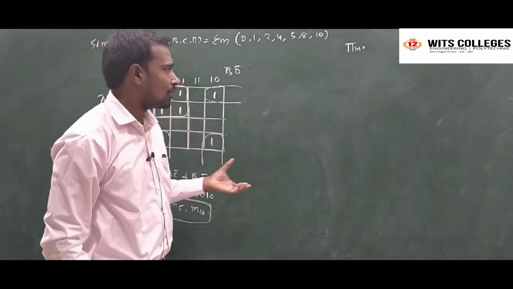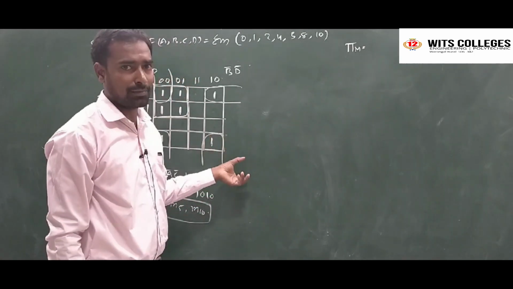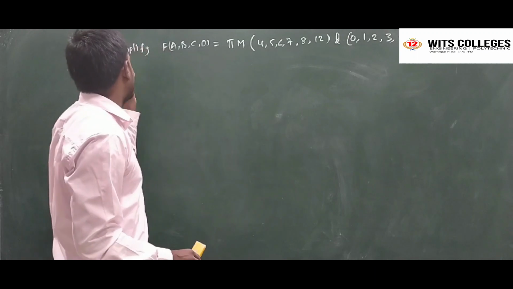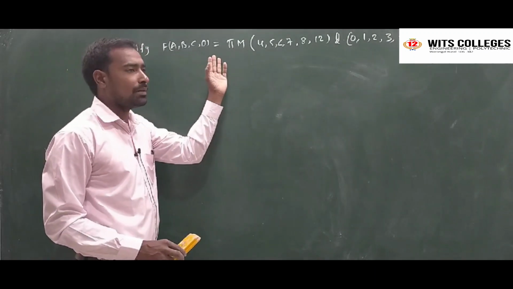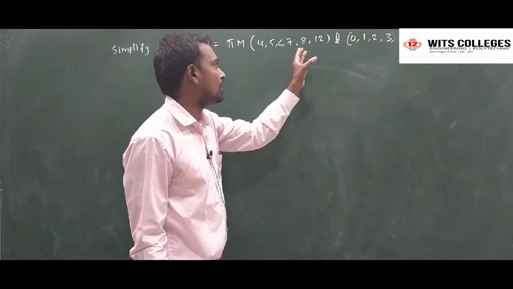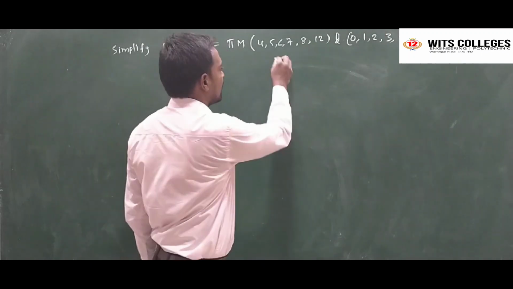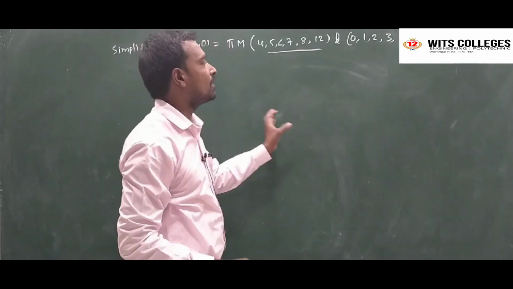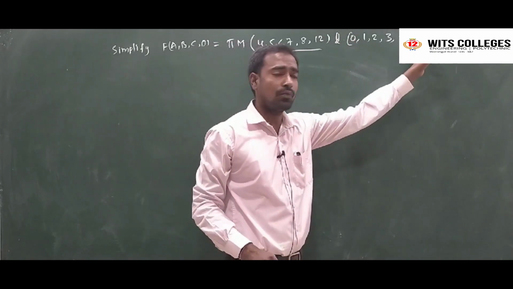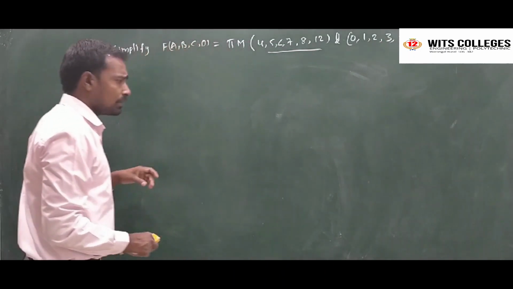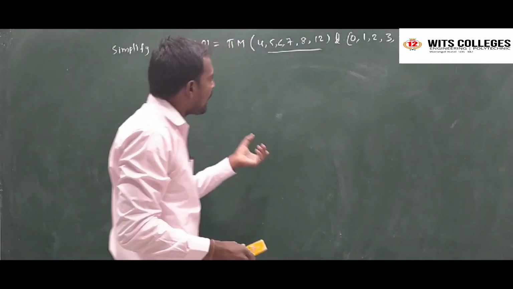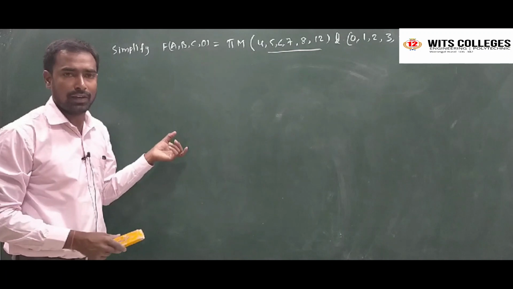Okay, so these all are the essay questions that will come in the final examinations. Next, another Boolean function: simplify f of a comma b comma c comma d is equal to pi of capital M of 4 comma 5 comma 6 comma 7 comma 8 comma 12, and these all are the actual variables, and the given don't care variables are 0 1 2 3 9 11 14. See here, the don't care variables are used to simplify as much as possible the given Boolean expression.